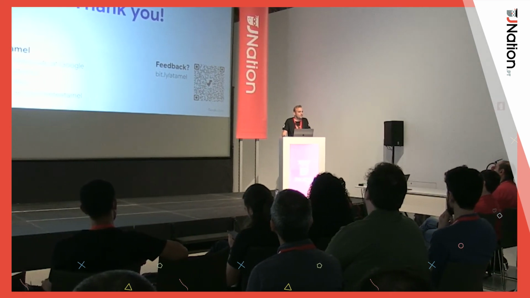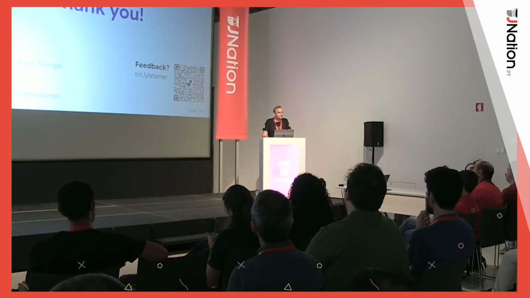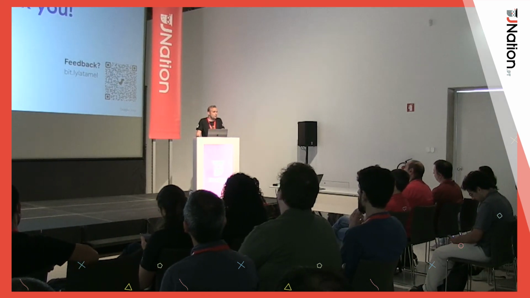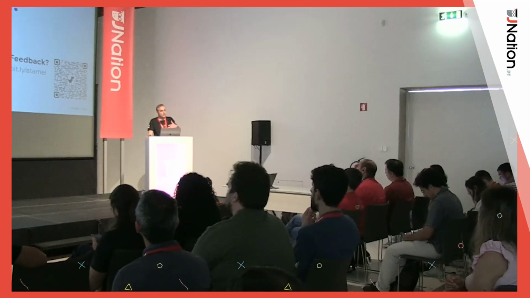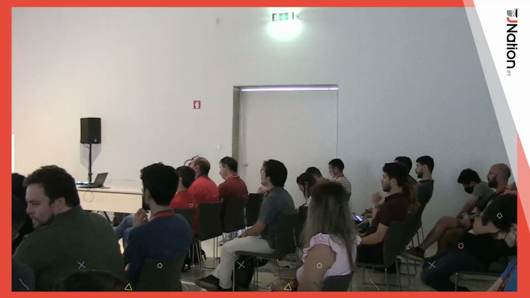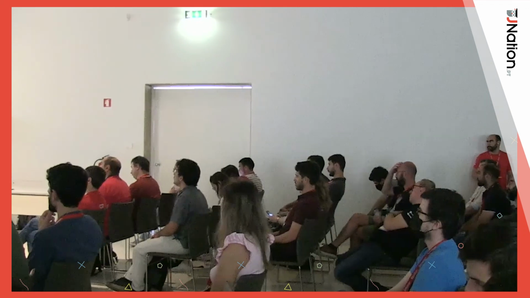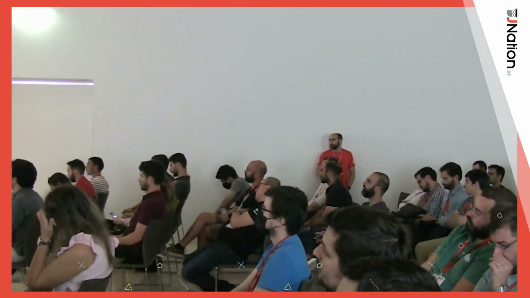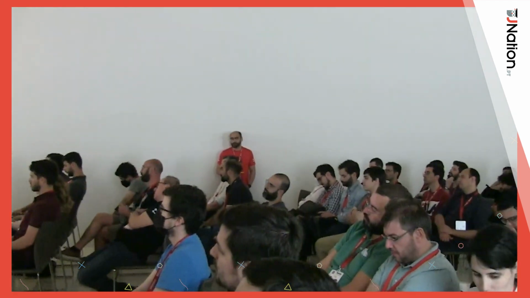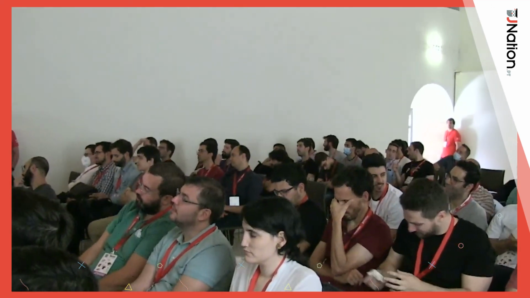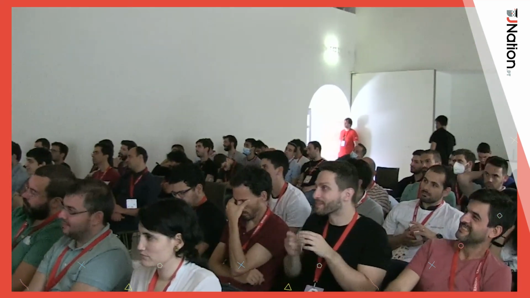Would it still scale automatically if multiple users use the same endpoint at the same time? Yeah, I mean, Cloud Run auto-scales by HTTP calls. So the more HTTP calls you get in, the more it scales up to a limit that you define. So there's this max instances limit. And I think it goes up to 1,000. So you can scale up to 1,000 containers if you want. If you need to scale even more than that, then you need to open a ticket to increase those limitations. So there are soft limitations, but they do exist.